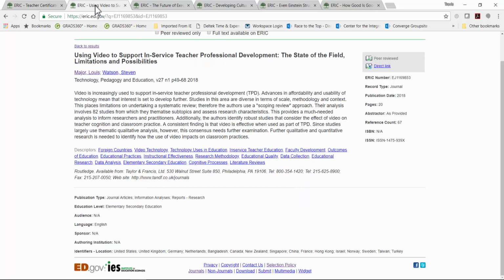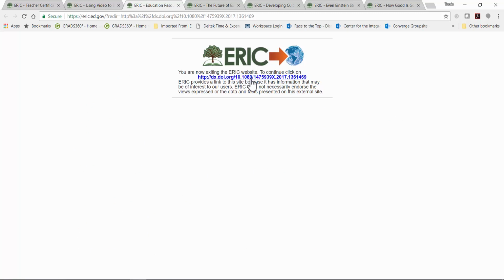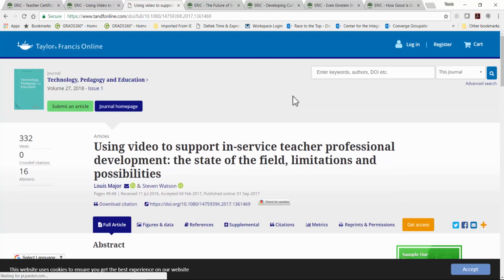However, if full text cannot be displayed, the record will show an icon and the words direct link. If you click on that link, you'll see that the link takes you outside of the record to the publisher's website, where you can find the resource. Sometimes the publisher has the full text available for free on its website, or the full text may be available for purchase.